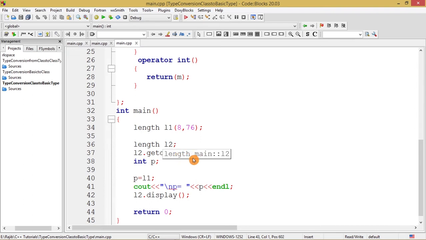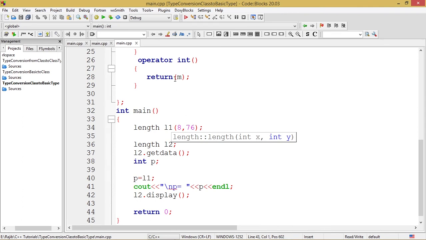What can we imagine to be the expected output? p will become L1. So what is this L1? L1 should be the object having meter value as 8 and centimeter value as 76. So this calls for this function to be invoked.